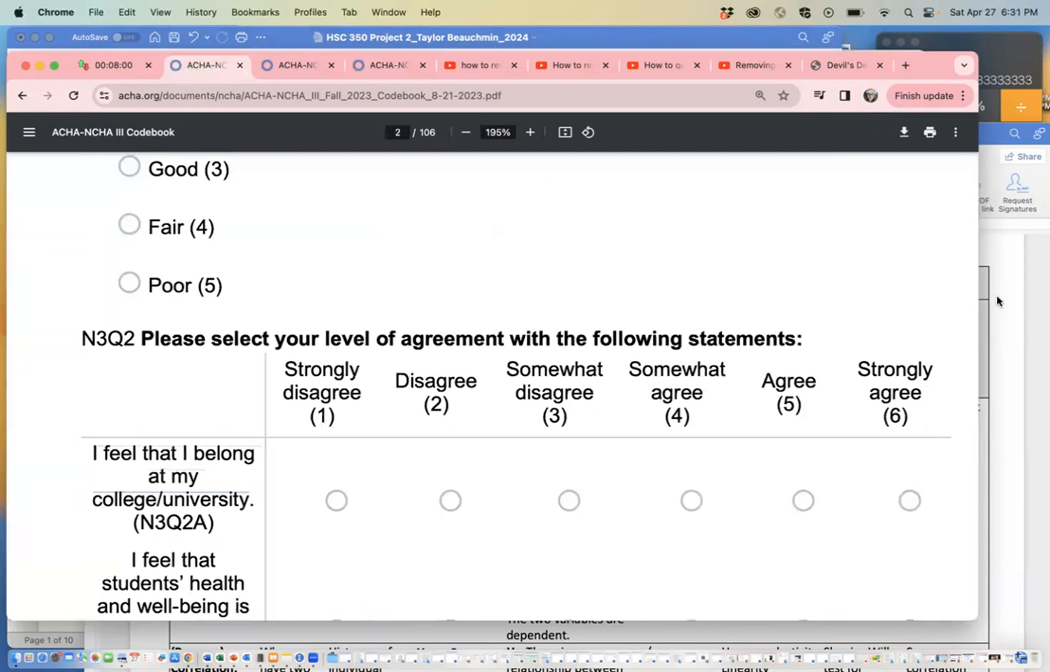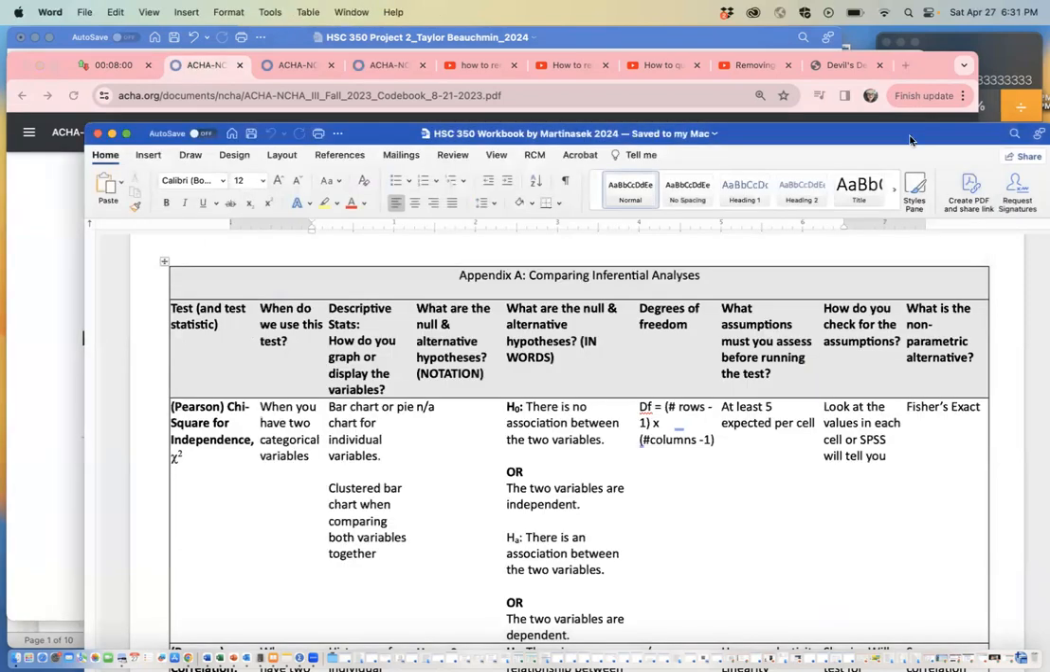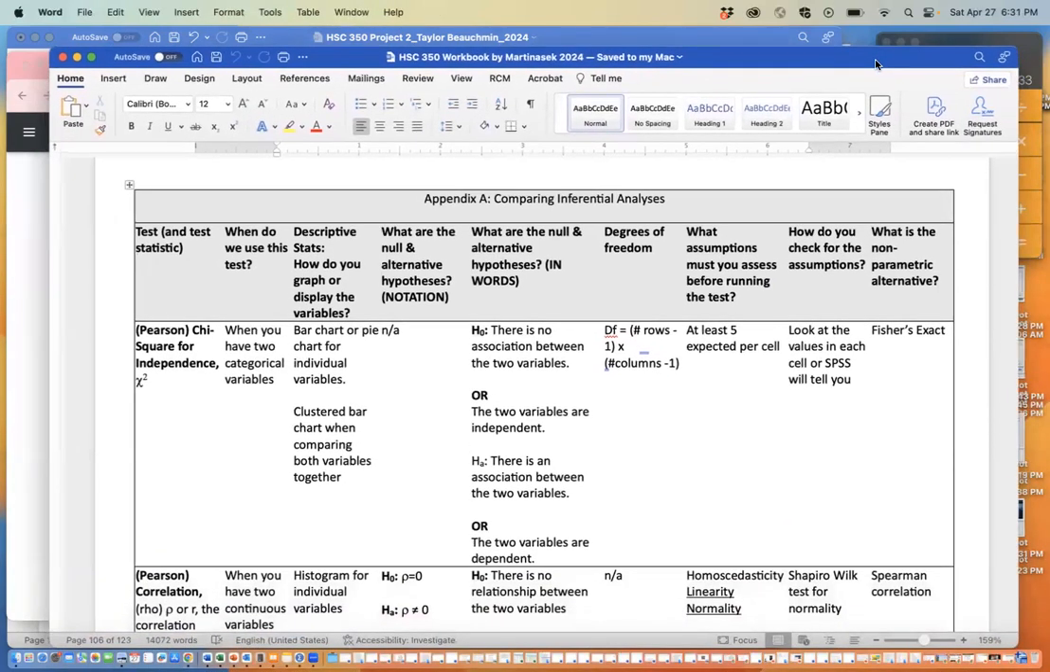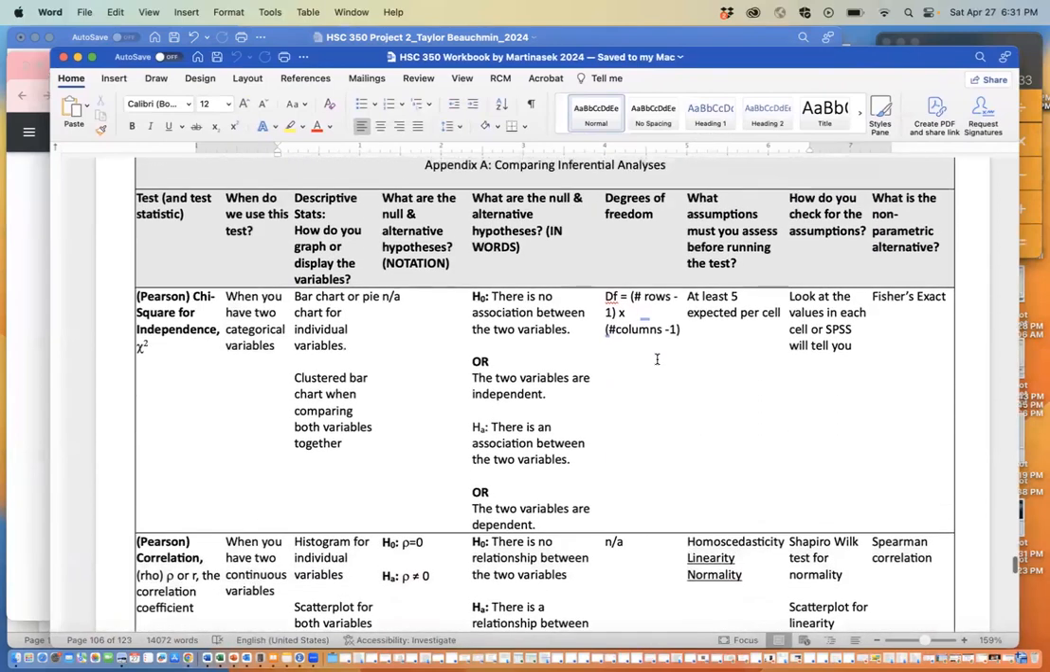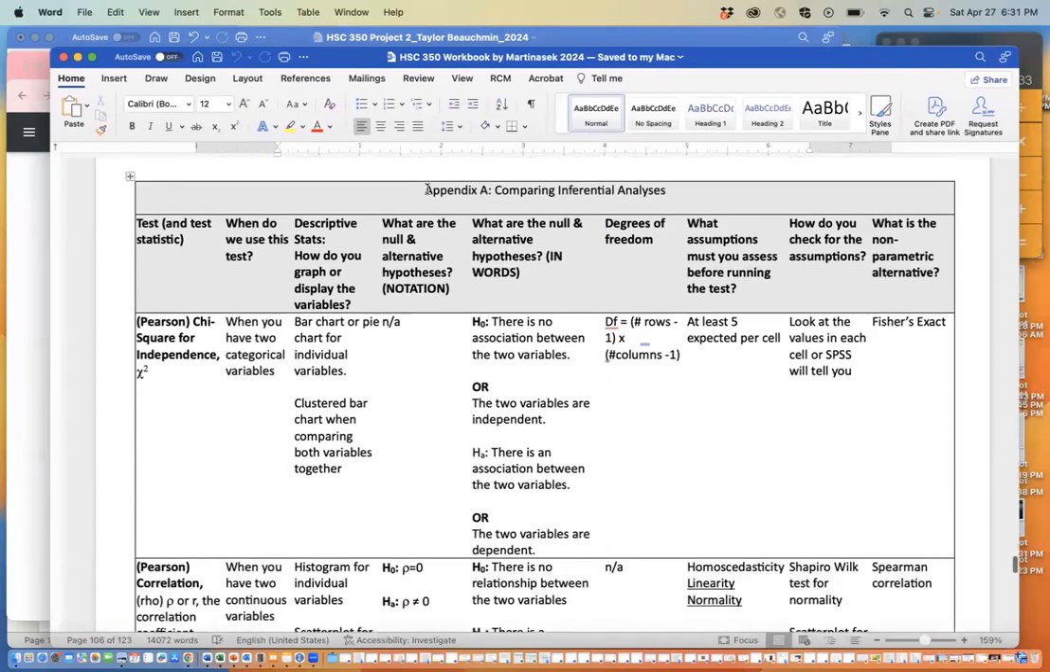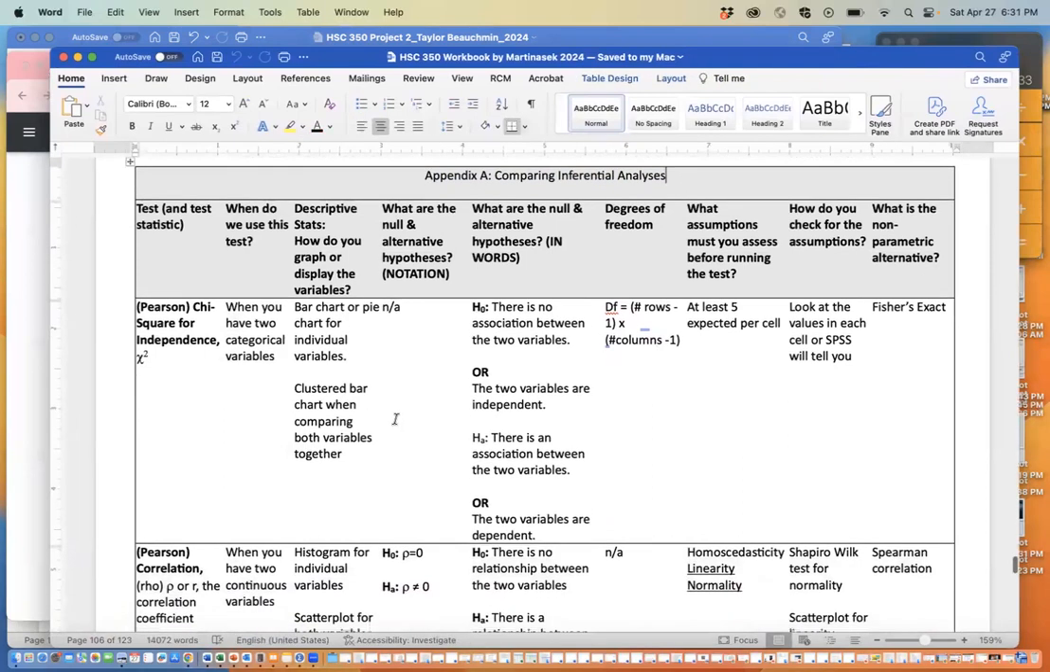Then what I would suggest to do is look back at your workbook. If you open your workbook in the last few pages, there is a summary in Appendix A and B comparing all the inferential analysis. So here it tells you basically what you should be including in your report besides, of course, the descriptive